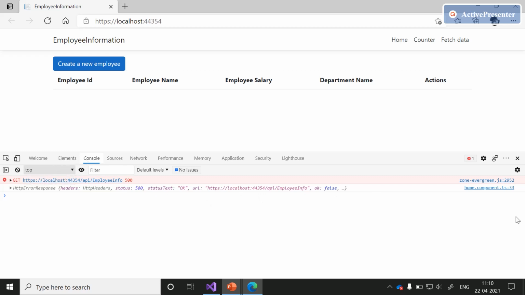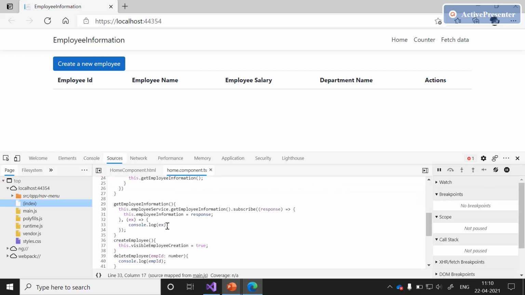If you observe this console, there is a console log from home.component.ts. If you want to see the line, just click on this link. It will automatically redirect us to this line 33. Here you can see console.log and we are trying to log the exception information.